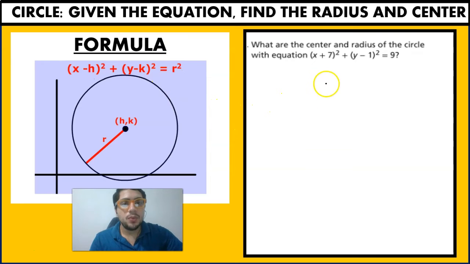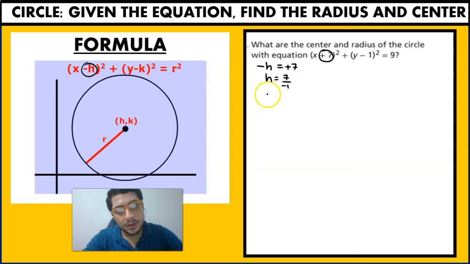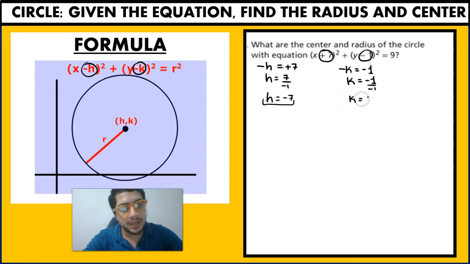So in this case, we have (x + 7)^2 + (y - 1)^2 equals 9, right? So in this case, we're going to see that minus h is equal to plus 7, which means that h is going to be equal to 7 divided by minus 1. So h is going to be minus 7. We also see that minus k is going to be equal to minus 1. So that means that k is going to be minus 1 divided by minus 1. So the value of k is going to be positive 1,